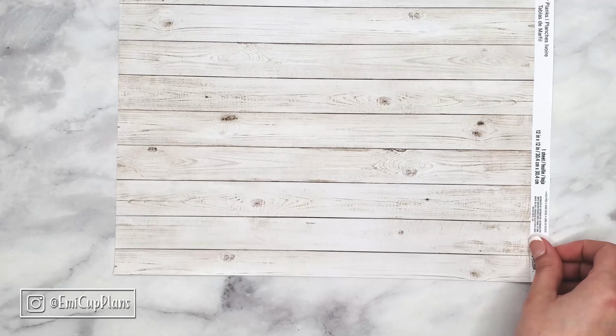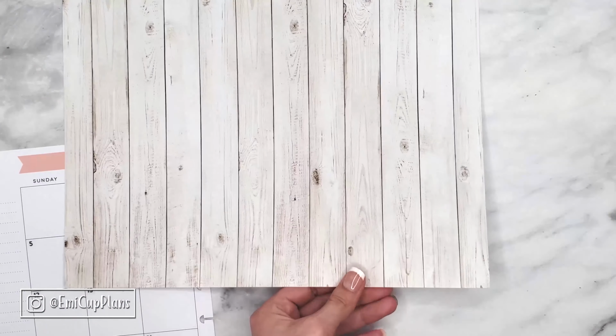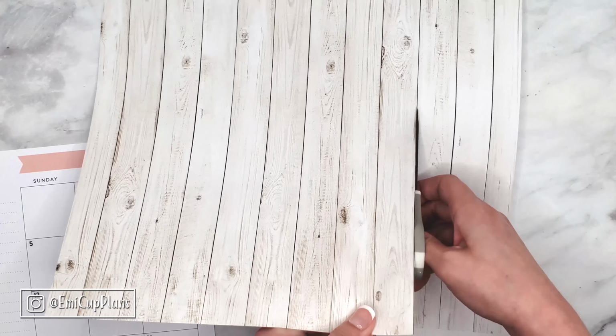In my case, I will use some wood grain or wood planks pattern paper from Recollections from Michaels. And I started cutting out a little piece from it for it to be a little easier to manage and to handle. But if your priority is to make the most use out of your pattern paper, I will link at the end of this video my January monthly spread where I did this same technique without pre-cutting the pieces